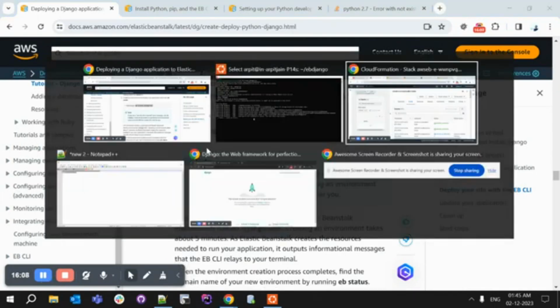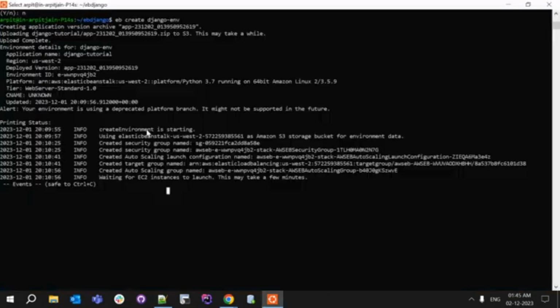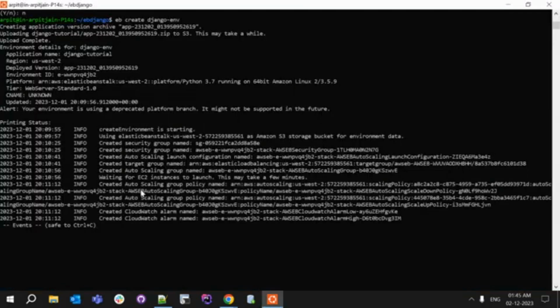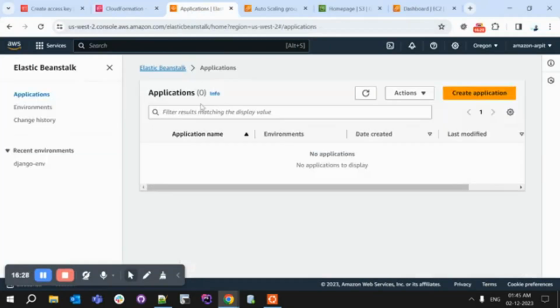Okay, so now if you see in the CloudFormation, the stack is created already here, and we can simply press Control C. Okay, so it created all the resources. So now if we see in our Elastic Beanstalk,